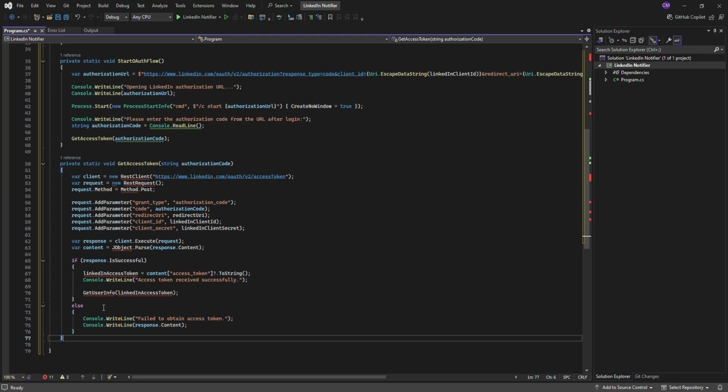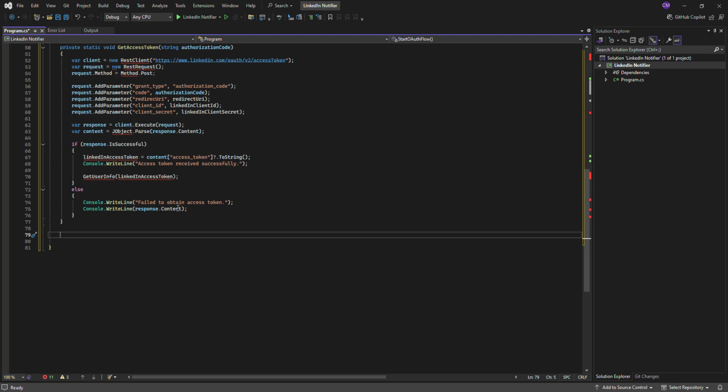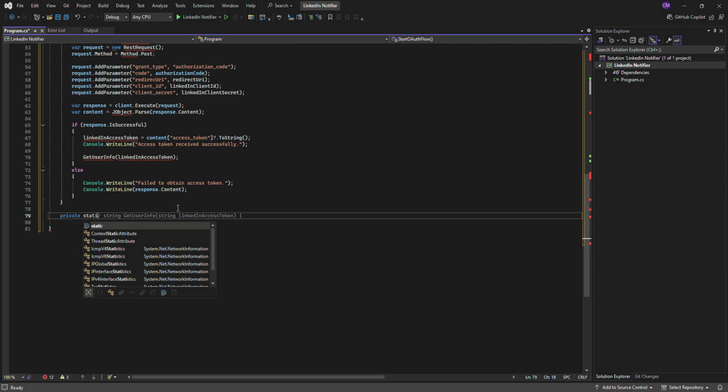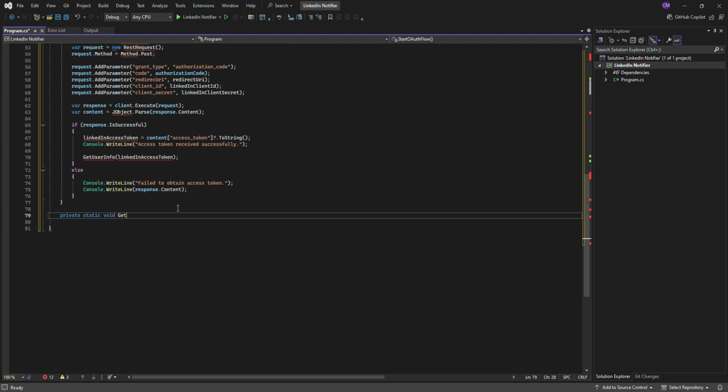We are good, and then there we go. We do have our get access token method implemented. So then what we need to do is implement our get user info method. Two steps down as always, then start with me by writing private static void get user info,